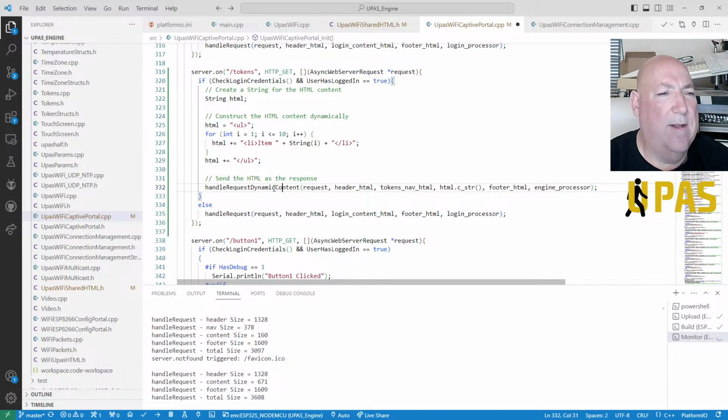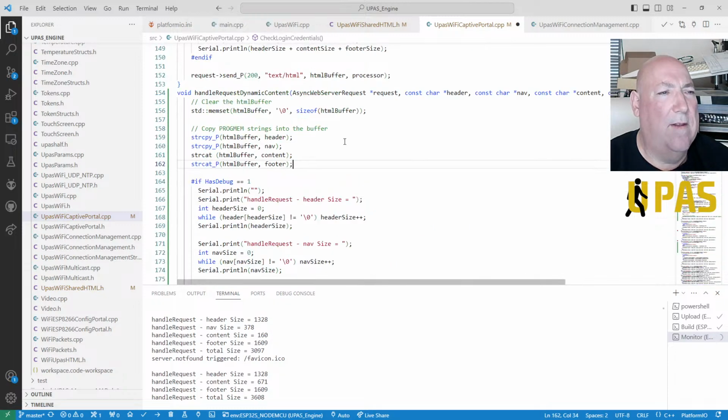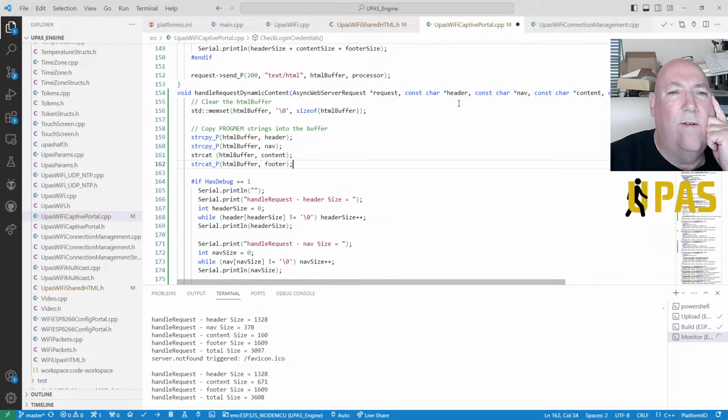This doesn't make sense. What are we doing wrong here? We're getting the footer, the nav, the content, but we're not getting the header. We're getting the header, but we're not getting the head.